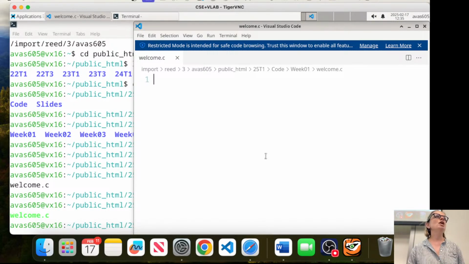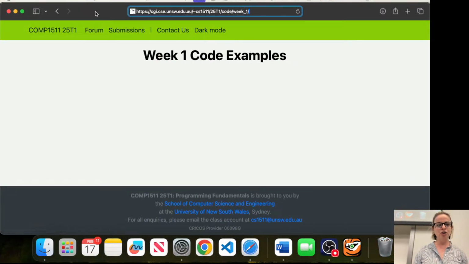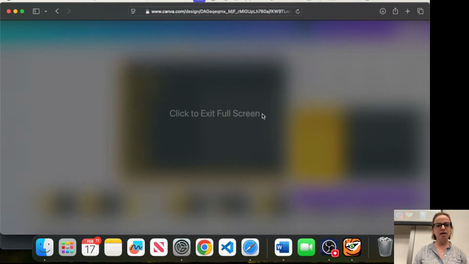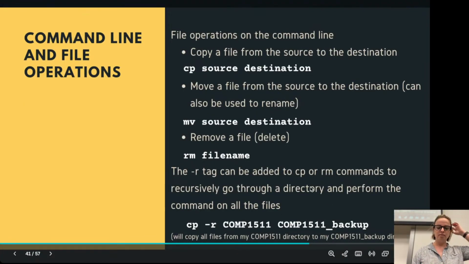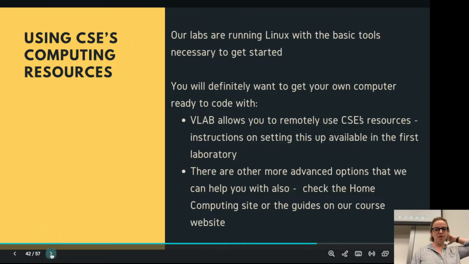Okay, so let's talk about the very first file, and who knows how we start every programming language? Hello world. How can we do something else here? Okay, so in C we have a few things that we do, and I'm just going to go through them here, and then we're going to do them in our piece of code.